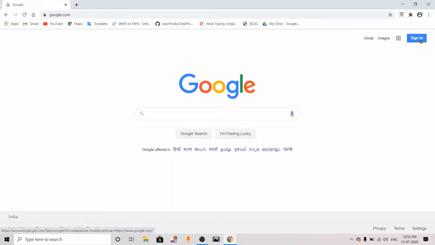So the first requirement to open or to access Google Drive is you must have a Google account. If you don't have a Google account, you cannot use Google Drive. So if you don't have a Google account, create one. So I will click on sign in.